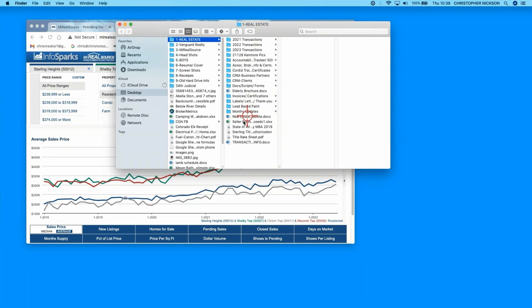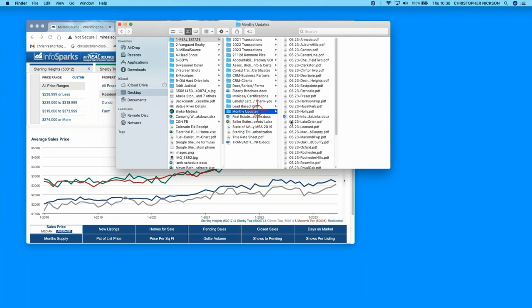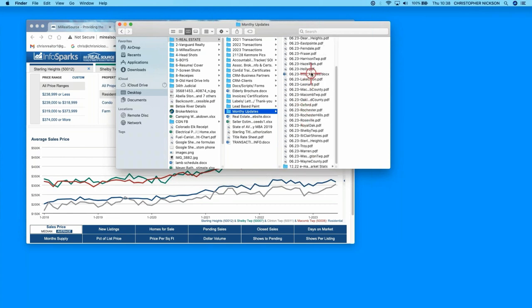What I do is I save everything under monthly updates. And what I went in is I took all the communities first with the FastStats, and I just saved them real quickly. I gave them the month and the year, and I saved all these different communities as quickly as I could. Click on them, and I just saved them. And I'm going to incorporate all these in an email individually. Then I created a standard